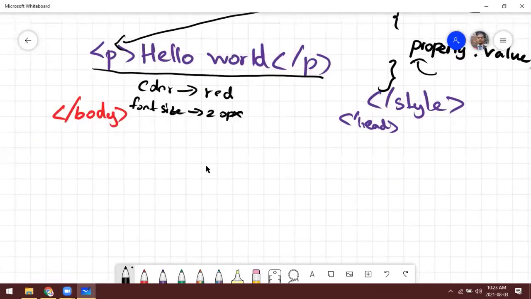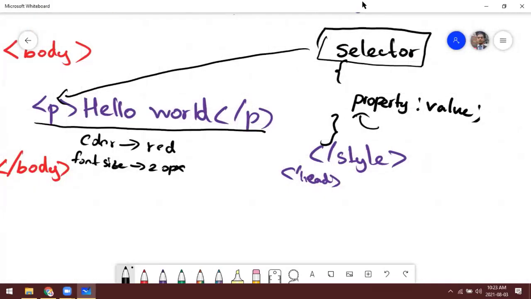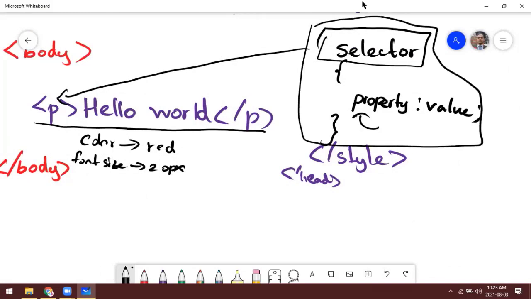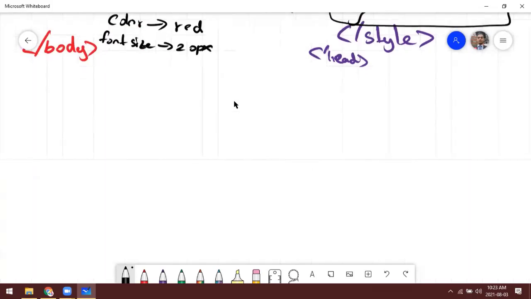Okay, so here using this syntax, what we are going to do is, for this paragraph tag, we want to make the color red and also the font size 20 pixel. So in that case, this is the syntax, right?